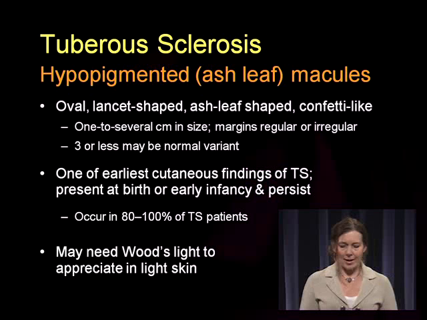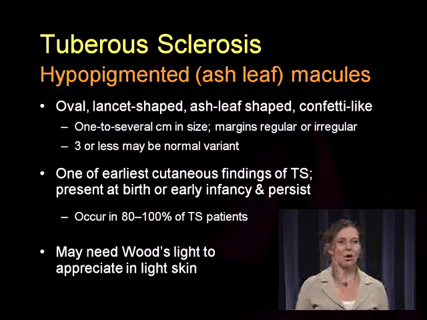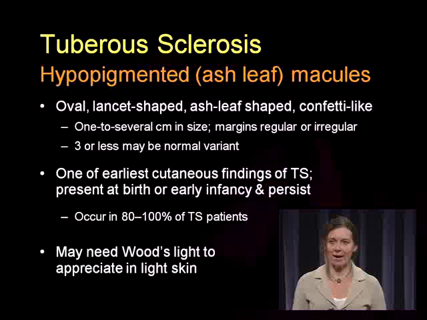If you have just one or two of these, similar to the café au lait, it's not at all unusual for a completely healthy individual to have one or a couple hypomelanotic macules or patches on their skin. So don't be alarmed if you see a patient with that. But when you have 3 or more, you really want to start thinking. And even if you have a couple, I think you want to certainly be looking for any of these other